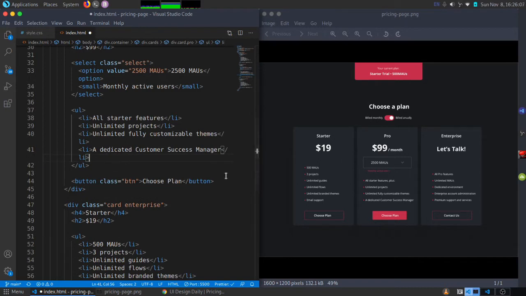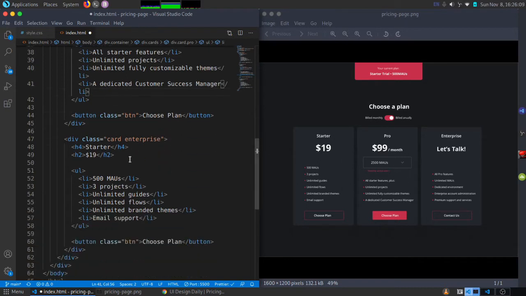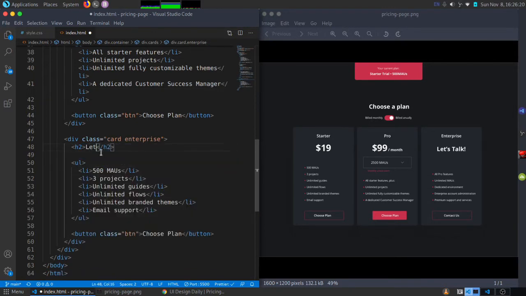And then the enterprise only has an h2. Sorry about the car, guys. We're just going to say this is a h2 saying let's talk,